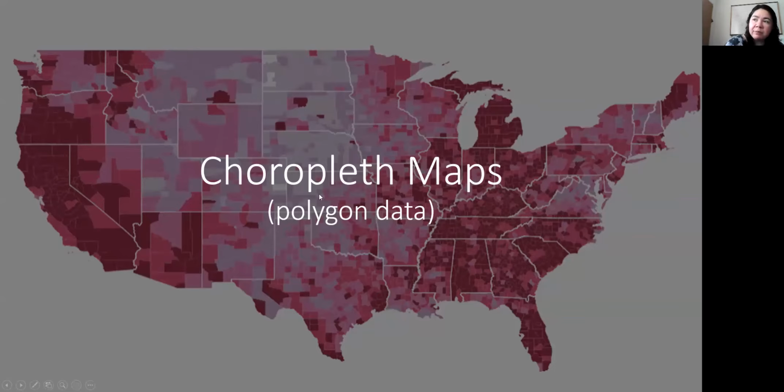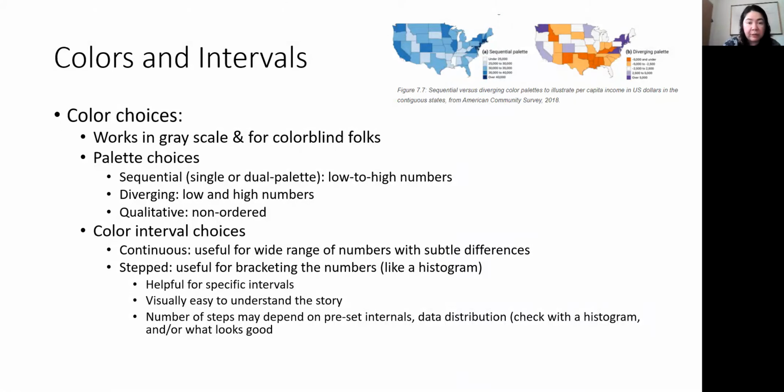The number of steps that you have between these darker colors and these lighter colors can be very important in helping users read your map. So these examples here where it's just the state level, they only have 5 levels. They don't want to have a whole lot of levels on here. A diverging palette,